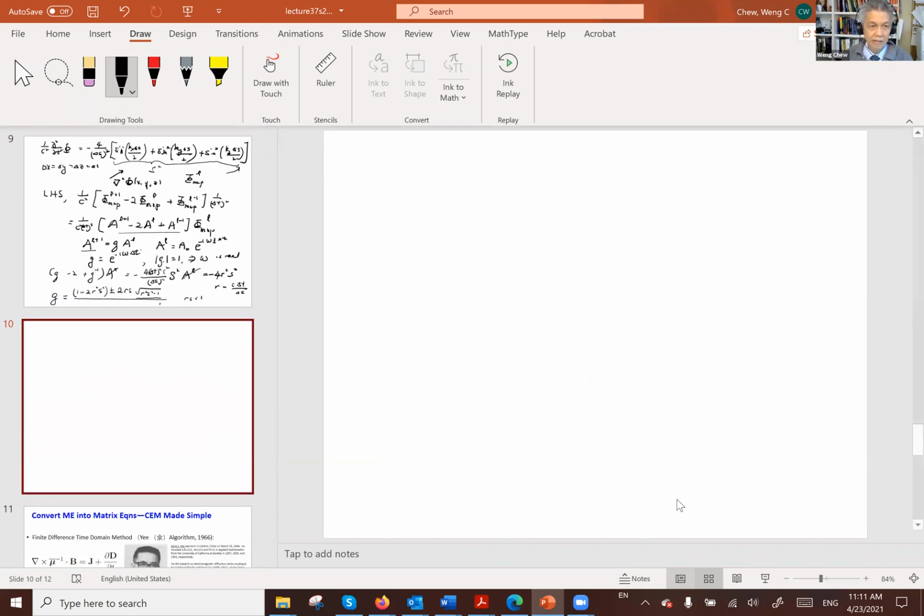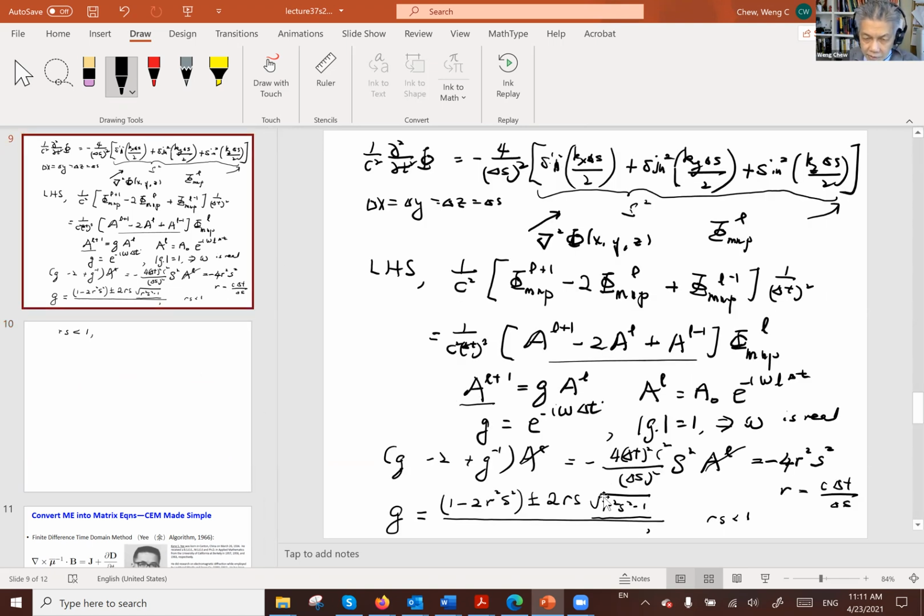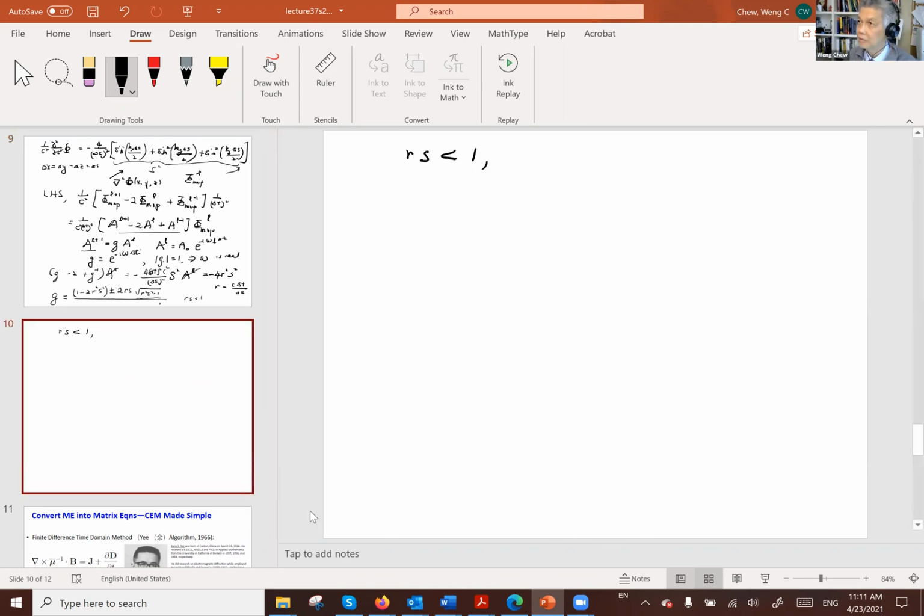Okay, the criterion is that if Rs is less than 1, then what you have is that this number becomes an imaginary number. And if you find the amplitude of these two, there are some cancellation of terms so that the amplitude of G becomes actually 1. I will have time to show this. It can be shown by high school algebra. You can show that